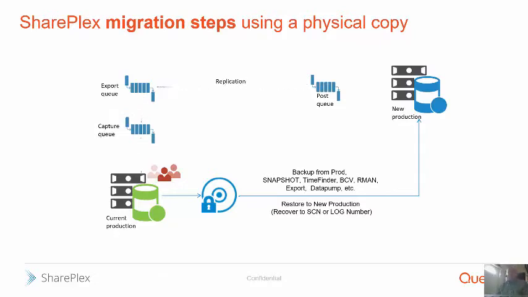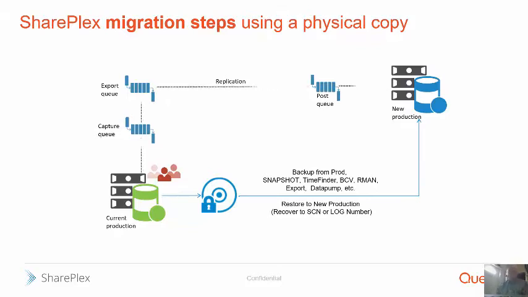Once you're ready to move to the target, you've got everything restored, everything's all set and ready to go. You tell post to reconcile. Throw away the transactions prior to the SCN you remembered and post the transactions after that SCN. You're going to catch up. You're going to apply all those old transactions, get the new production looking exactly like the old production. You can then use SharePlex's compare and repair utility to make sure that it does look like the old production. Use compare built into the product, no additional fees, no additional issues there. Just compare table name and it'll tell you if they're different. And if they're different, we'll give you the SQL to fix them.